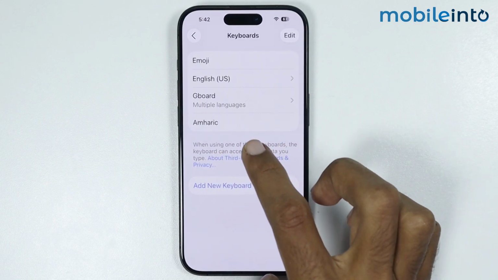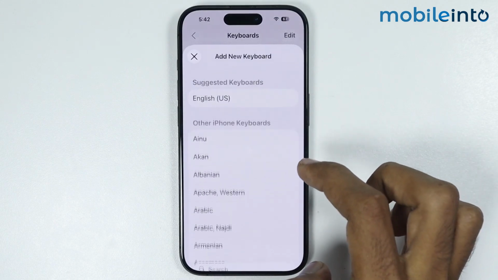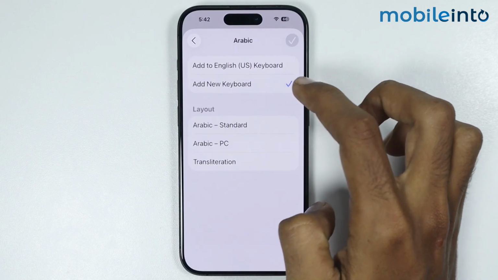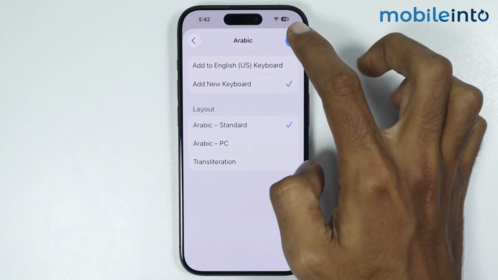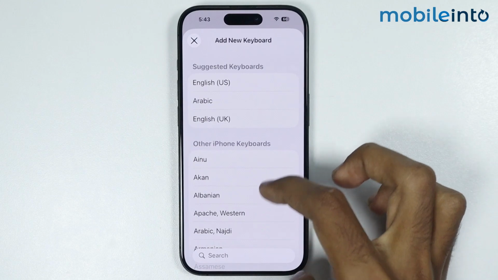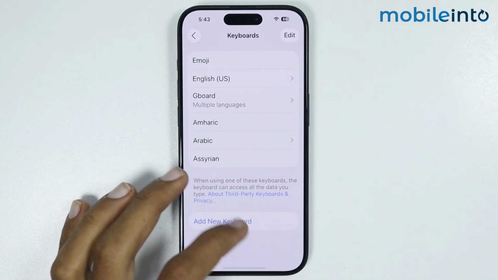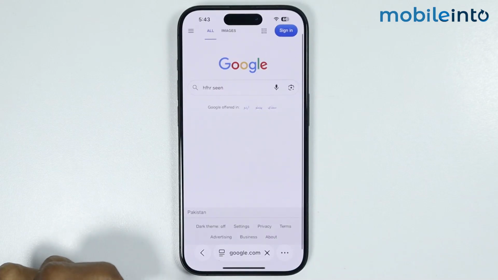Now you can add multiple languages to your keyboard. Just tap on add a new keyboard and select another language. Just like that. Now, once you have done that, just go to your home screen and open the keyboard on